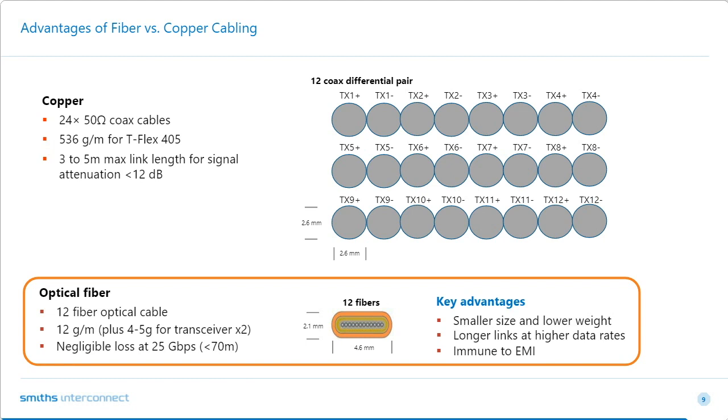you compare 12 coaxial differential pairs to 12 fibers, what I'm using here are typical values for the weight of copper and fiber. So for the twin-ax, I'm using 536 grams per meter, and for the fiber, 12 grams per meter. And if you consider longer link distances and double the bidirectional full duplex, copper cabling piles on the weight very, very quickly. So comparing that, the